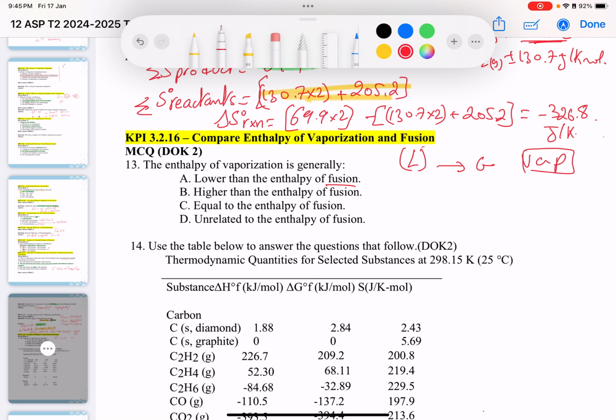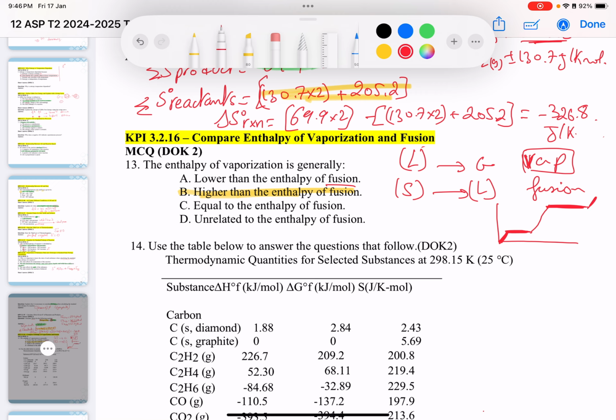Fusion, so this is vaporization. Fusion is when solid goes to liquid. Okay, so the vaporization is higher because the temperature is higher. If you notice, the phase diagram of water is always like this. It requires this much energy to change the process from solid to liquid, but this is always larger,